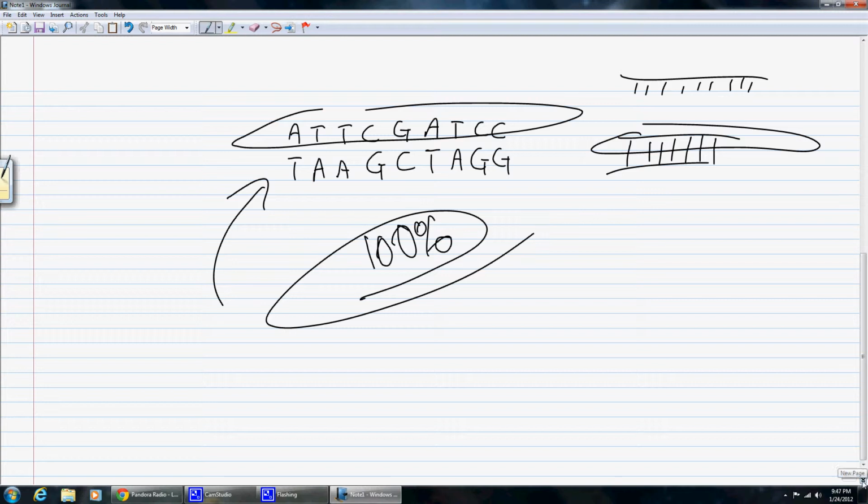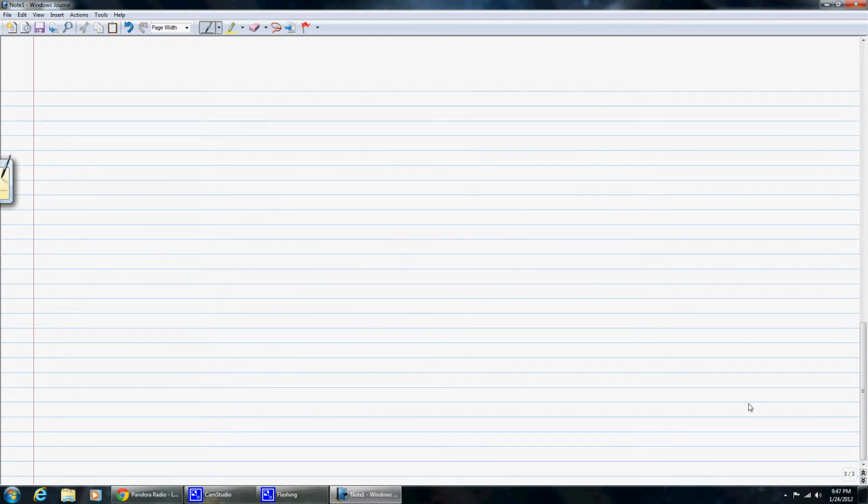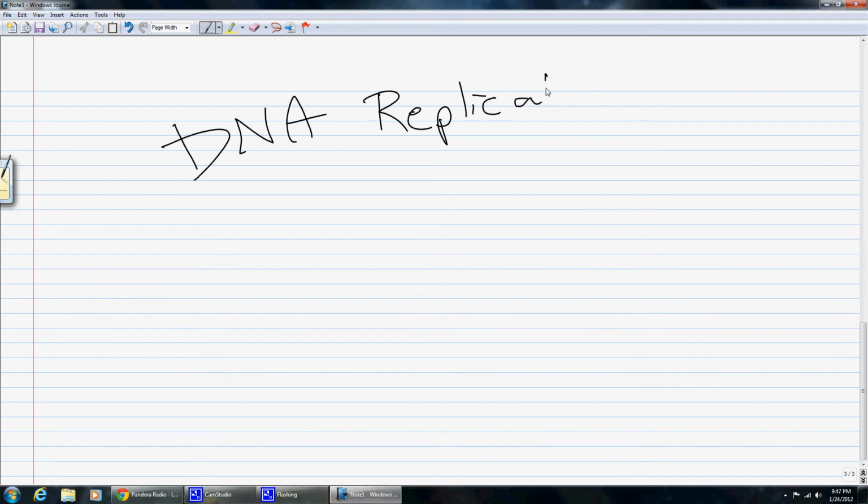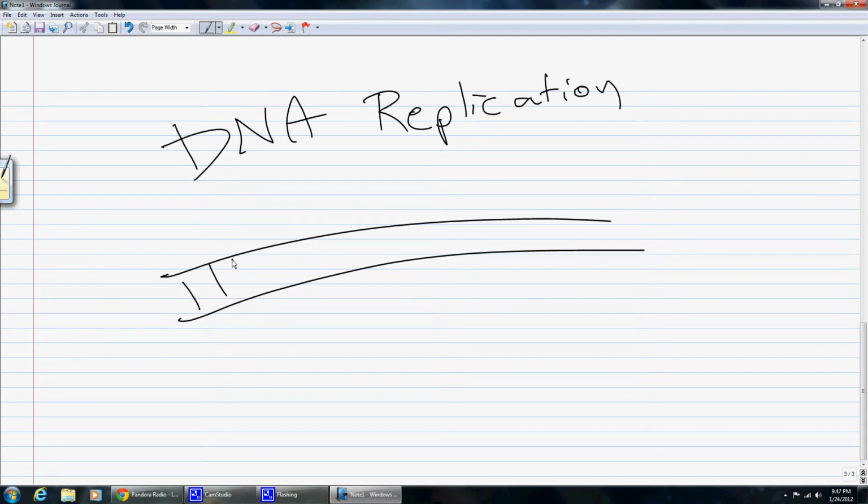Now, the other thing that we're going to cover real quick is just what happens when DNA decides that it needs to double itself. Now again, remember we talked a lot about DNA replication. And that's the process where you have a DNA strand like this, and remember it's making that double helix, but instead we decided to straighten it out to make it easier for us. We have a strand of DNA that we took off the double helix and just laid it out straight. And it's getting ready to